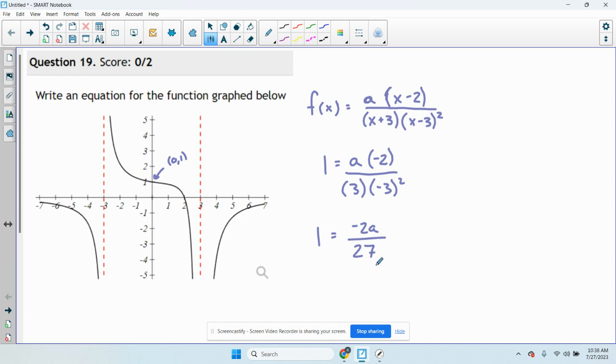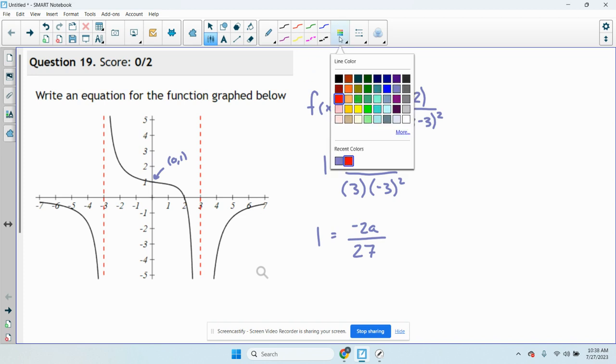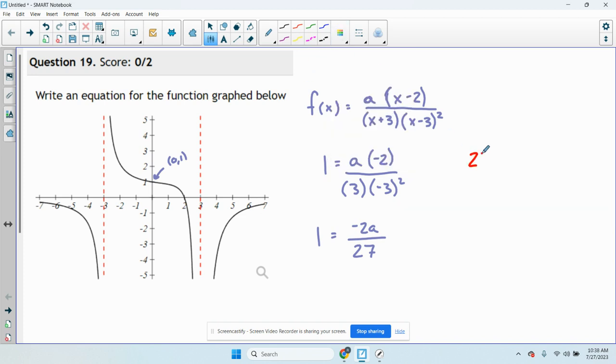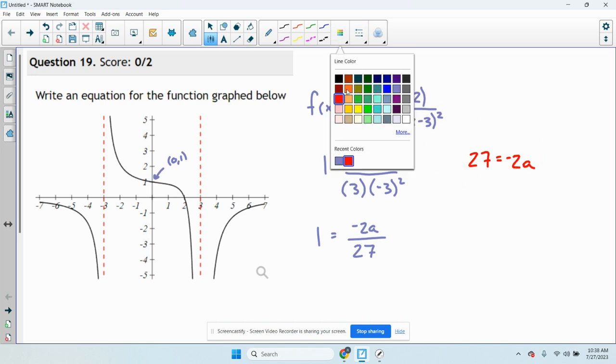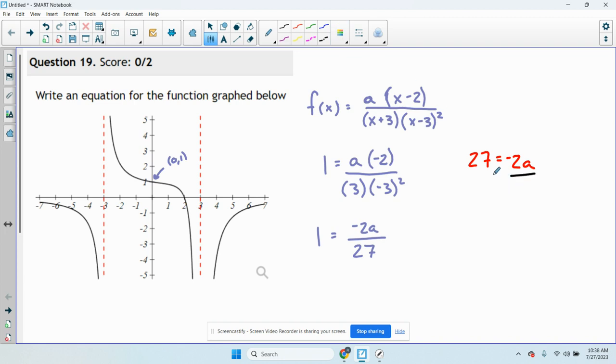So to get a by itself, I'm going to multiply both sides by 27. So I get 27 equals negative 2a. And to get a by itself, I'm going to divide both sides by negative 2. So I get a equals negative